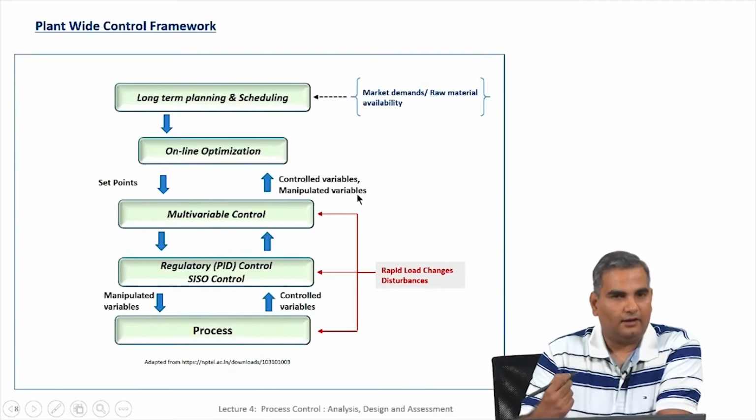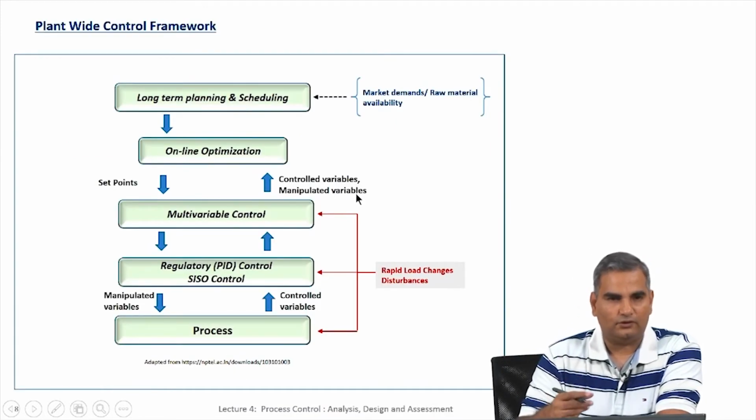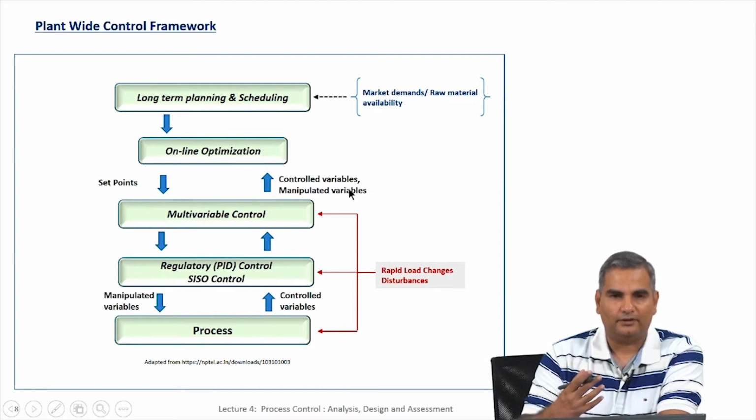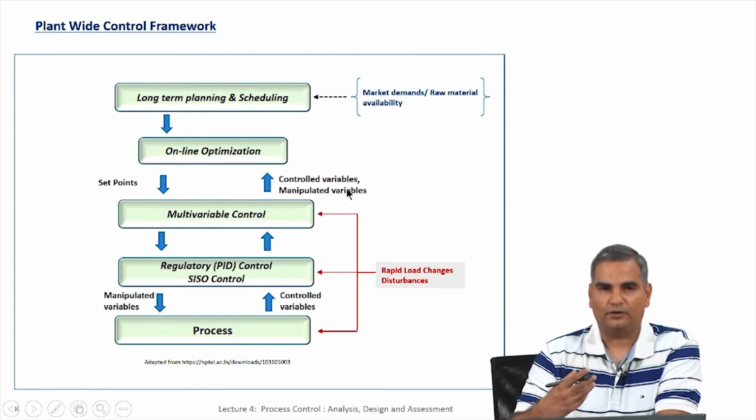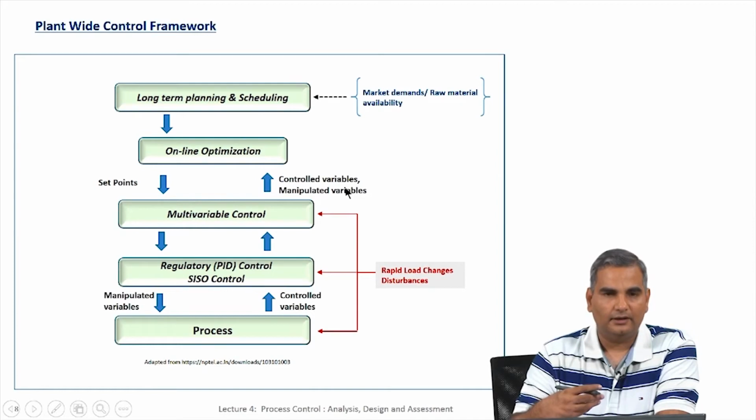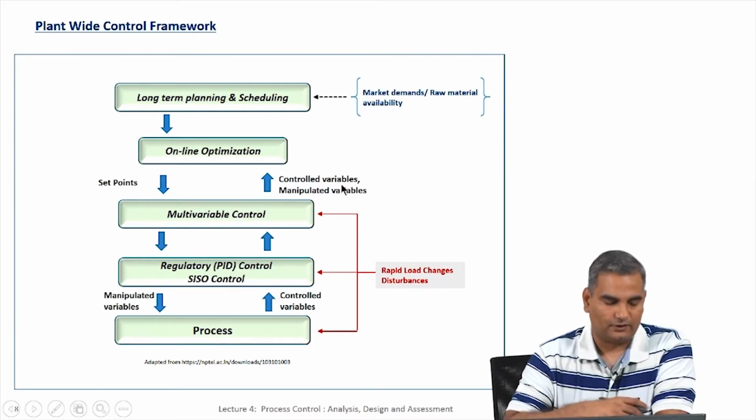So, these are some basic control structures. We will look at many more control structures, such as cascade control and ratio control, as we go forward. But I hope you have a reasonable idea of the notion of feedback control, why feedback control is important, the notion of feed forward control and when it can work, and the fact that if we combine both we can have very effective control.